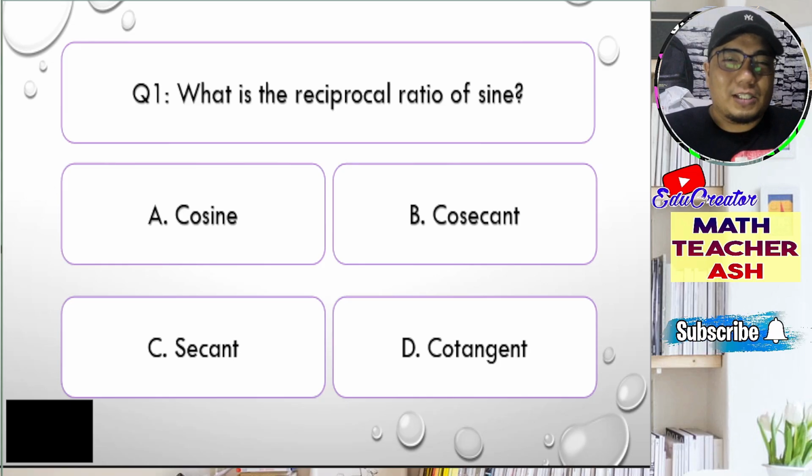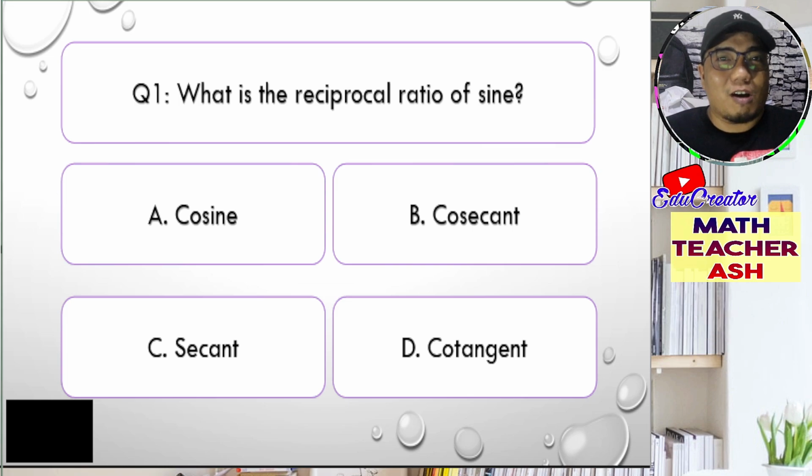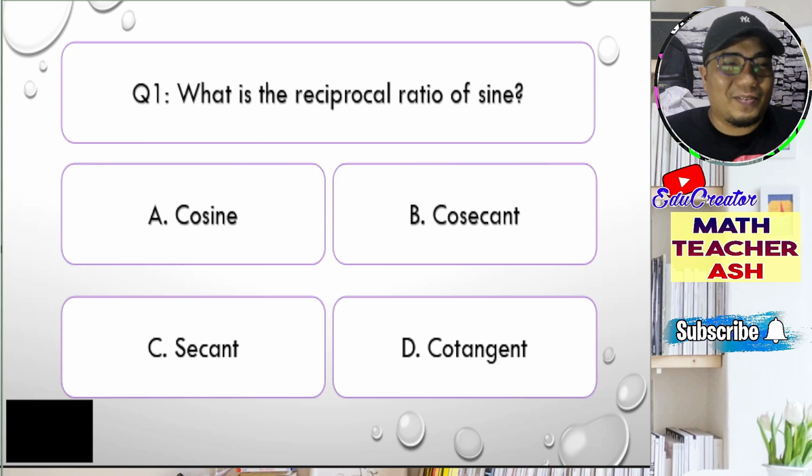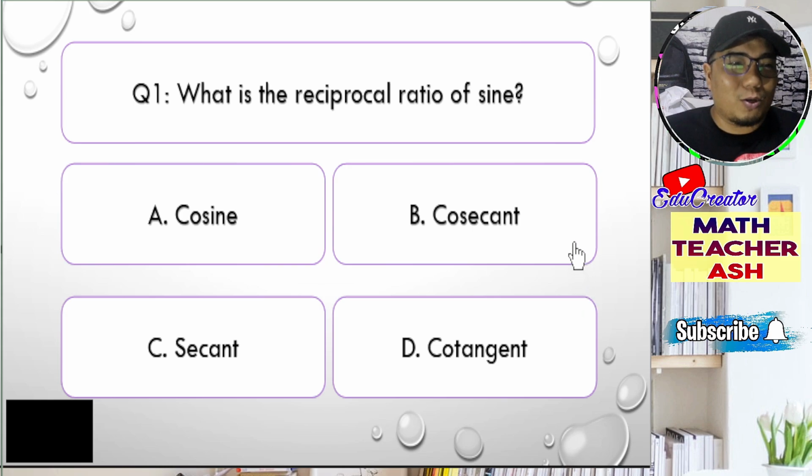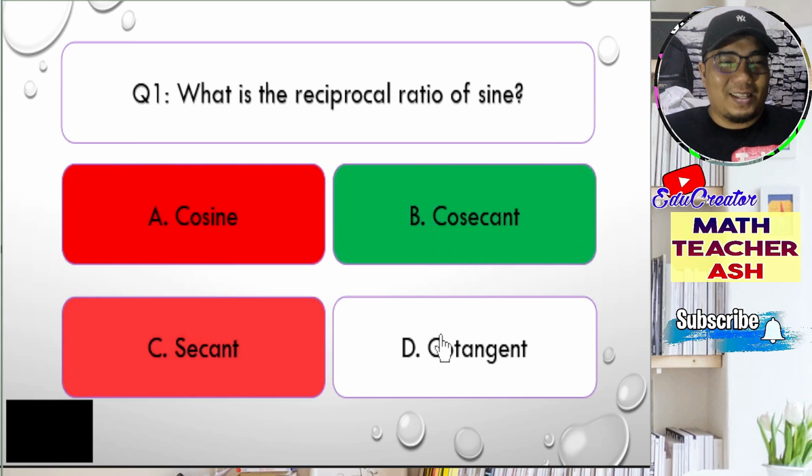Alright, math learners, this question number 1 is very easy. If you can still remember the acronym for an immediate memorization of the formula for the trigonometric ratio, we have SOH-CAH-TOA. The SO for the sine, the CA for the cosine, and the TOA for the tangent. Of course, its counterpart is the CHO-SIA-CAO, in which the CHO is the reciprocal of sine, and CHO means cosecant. Very good. So our answer for this question number 1 is letter B. Let's check whether we are correct. Alright, we are correct, my dear math learners.